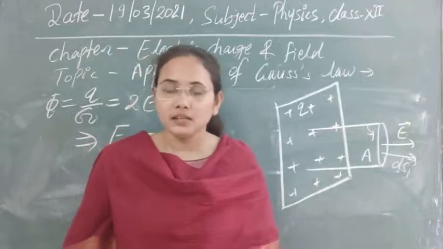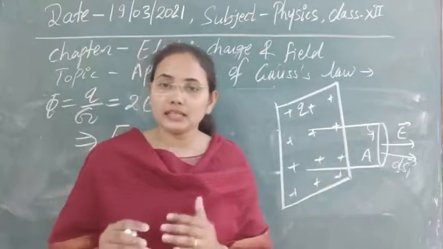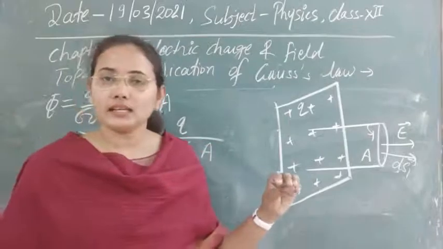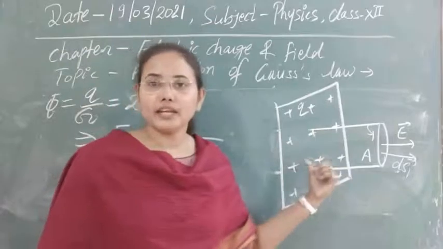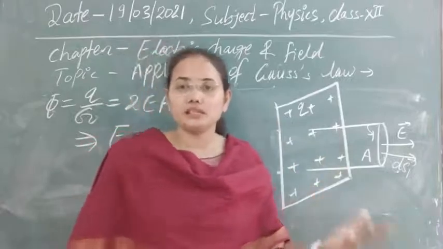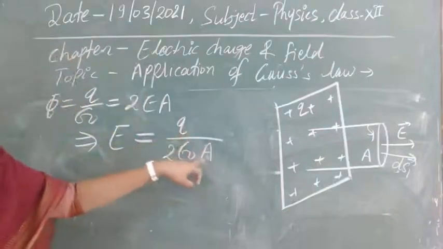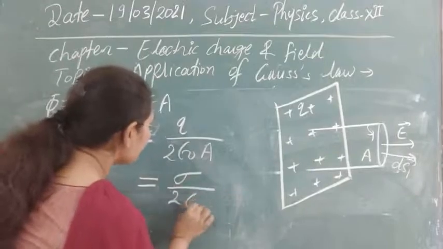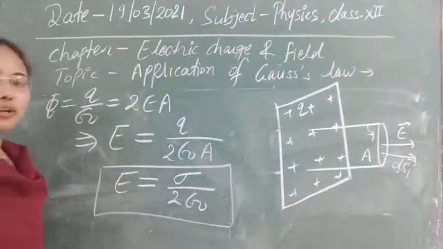Now in this case, the charge distribution is along a surface, meaning in two dimensions. Again, in the case of charge distribution, we have seen one charge density, that is surface charge density, and it represents the charge per unit area, meaning how much charge is contained in unit area of that two-dimensional sheet that is given to us. So that is equal to Q by A. In place of Q by A we can write sigma. So if sigma is the charge density of this sheet, then electric field is given by sigma upon 2 epsilon 0.